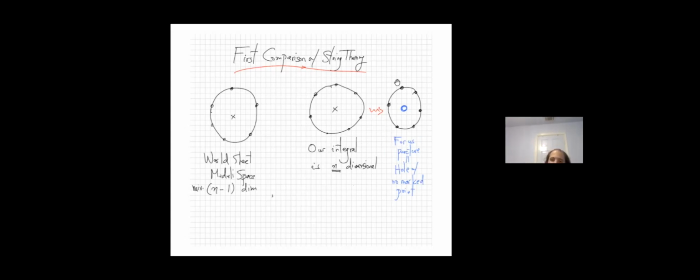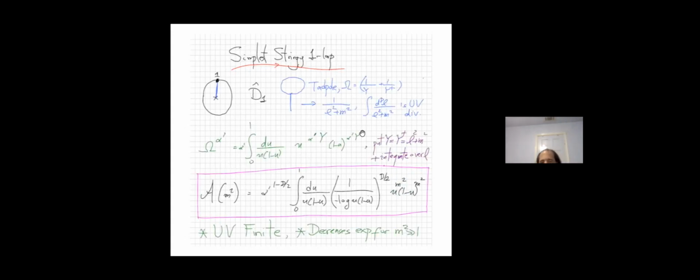That means that what we're doing really corresponds to the annulus diagram in string theory, which is what it should do. We're doing a sort of one loop open string computation. It should correspond to the annulus diagram, not this one, which corresponds to having a closed string emission. I'll come back to this point in a moment. Okay, but anyway, that's just the very first comparison. All right, so let's look at the very simplest case, the simplest stringy one loop example.